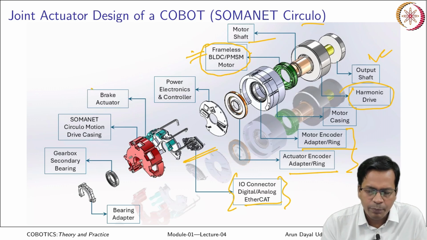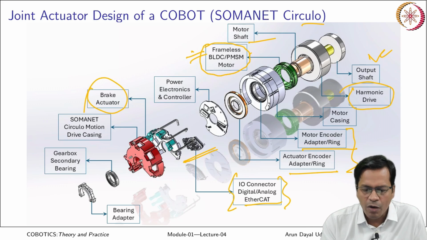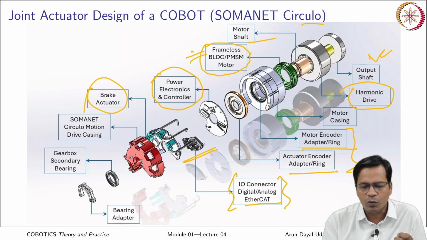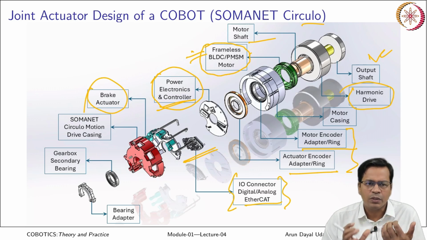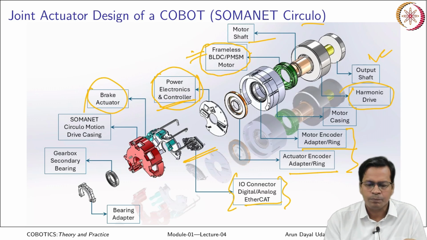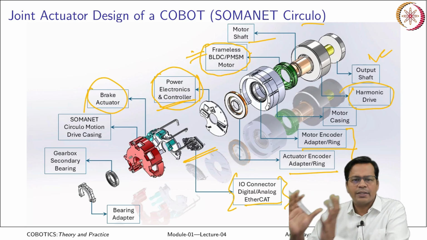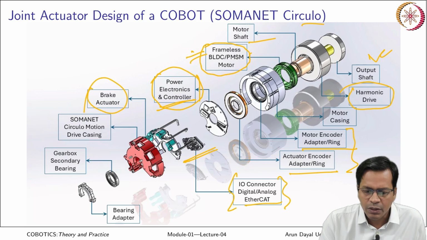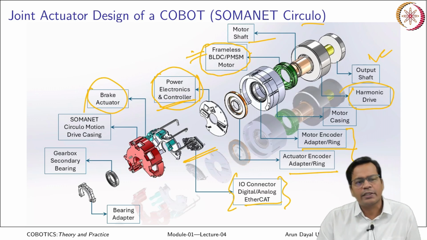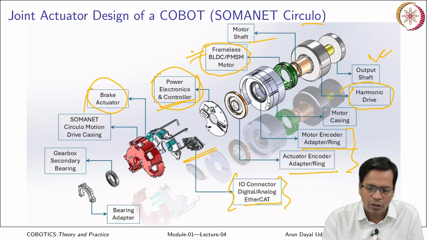Okay, then you have a brake actuator which is here, power electronics, and the local controller which is here. This controller ensures the command to be executed, the amount of torque or amount of current that you want to go to the robot, or the position closed loop. All the loops are closed here. Then the external PC based controller takes care of the algorithms and the kinematics. This motor itself has a local closed loop that ensures the position and the torque.